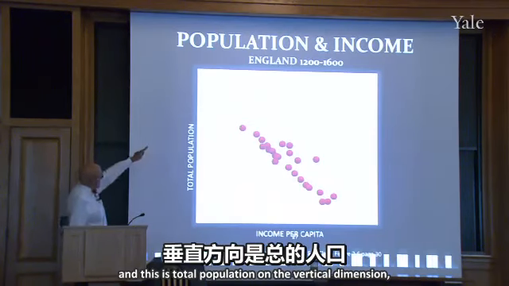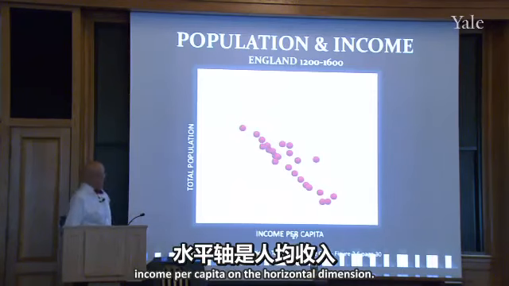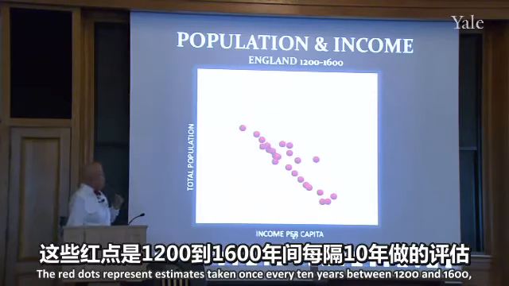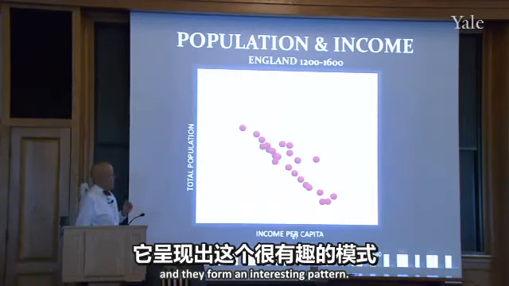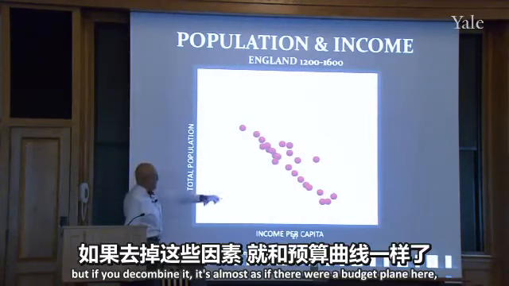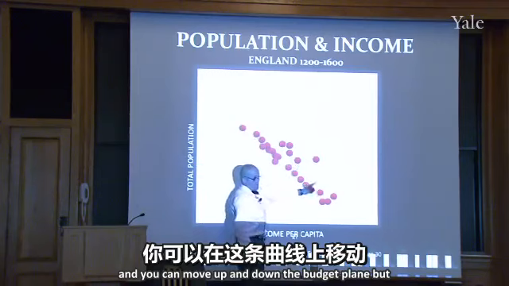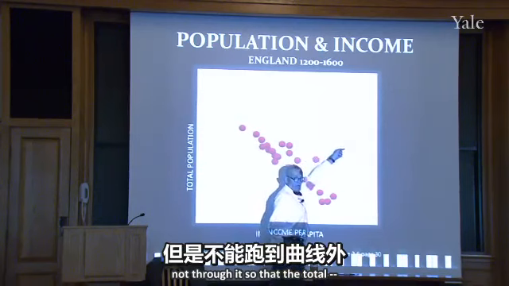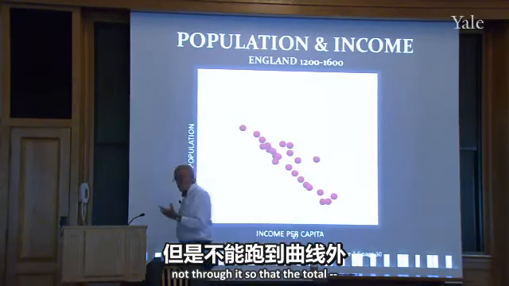And this is total population on the vertical dimension, income per capita on the horizontal dimension. The red dots represent estimates taken once every 10 years between 1200 and 1600, and they form an interesting pattern. He combines this with something else, so it's hard to find, but if you decombine it, it's almost as if there were a budget plane here. And you can move up and down the budget plane, but not through it. So that the total,